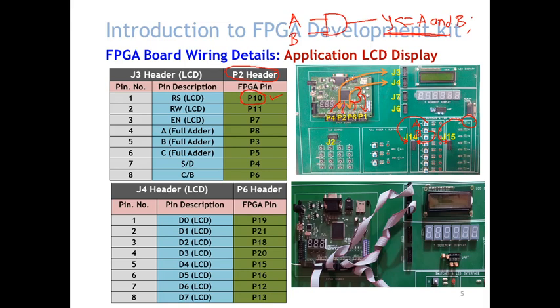So P10 is nothing but the P2 header. This is the P2 header. Its first pin, number 1, is connected to the FPGA's internal pin number 10. This is again routed through our PCB, the printed circuit board, and it is connected to pin number 10. Okay, you got it. Now, the VHDL code we have written for the AND gate and the signal assigned